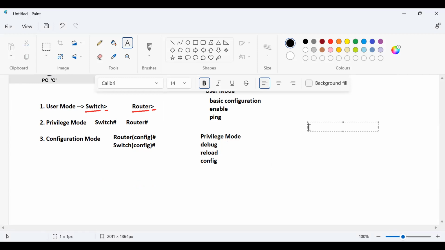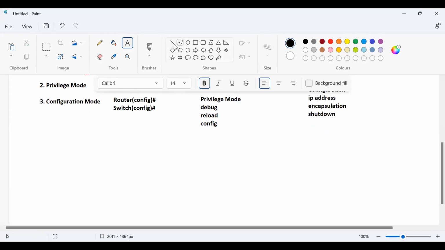In configuration mode, we can use the IP address command, encapsulation. We can use the shutdown command. These are all basic configurations of the switch and router. So IP address is used to set the IP address of an interface of a switch or router. So if you see in configuration mode, we have